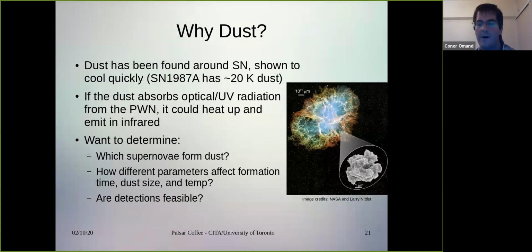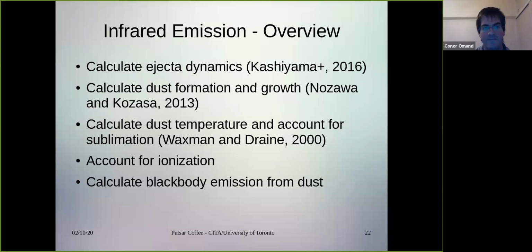So, why do we care about dust in these superluminous supernovae? Well, it can absorb the UV optical emission from the pulsar nebula and then heat up and emit in the infrared. And so we want to determine which of these supernovae form dust at all. How do the different pulsar parameters affect things like the formation timescale and dust size? And is this actually a feasible method of detection? And so what we did,